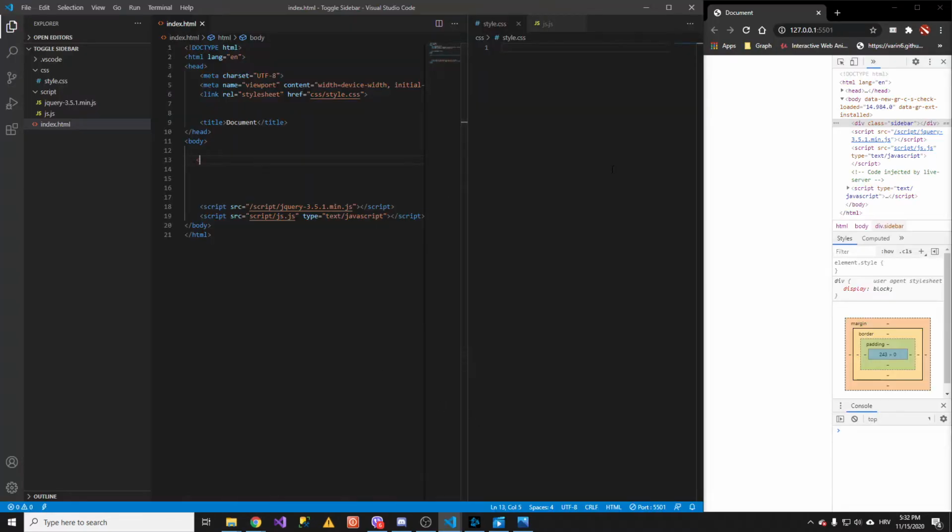Hi, in this video I'm going to show you how to make this sidebar using CSS Transition property and jQuery. So let's do it. Let's make a div and give it the class sidebar. Then let's edit this sidebar